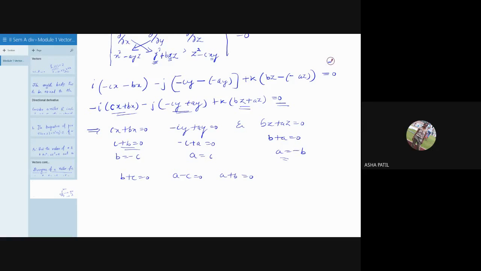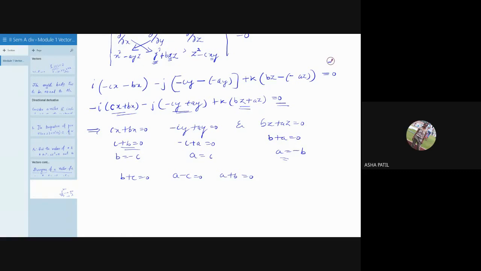Last time, I hope you have done such examples while solving equations. If you are substituting, you are getting back the same equation, right? Suppose you take any two of these, first and third, and if you subtract, again you'll get a minus c equal to 0 only. You're getting the third equation. So you can't solve them.